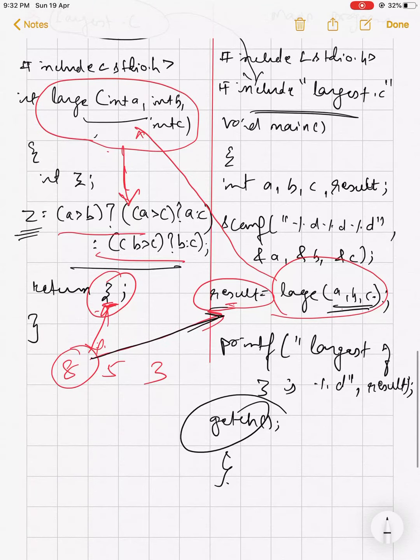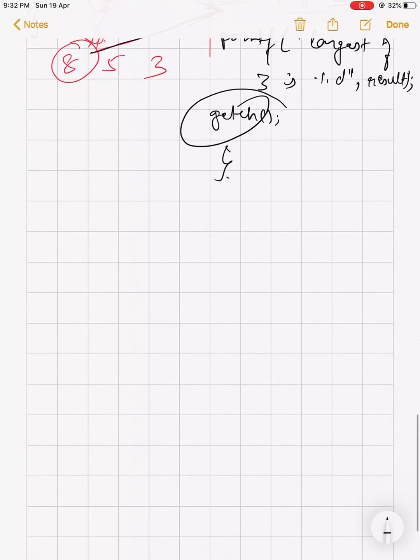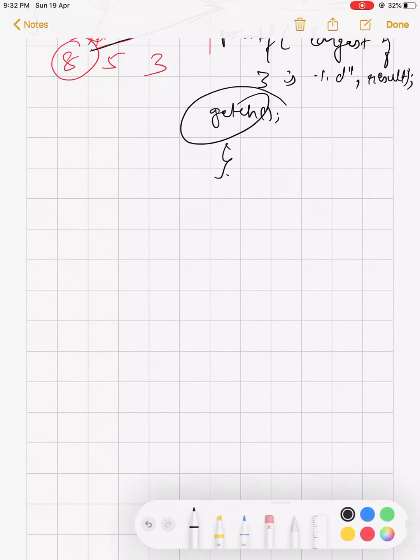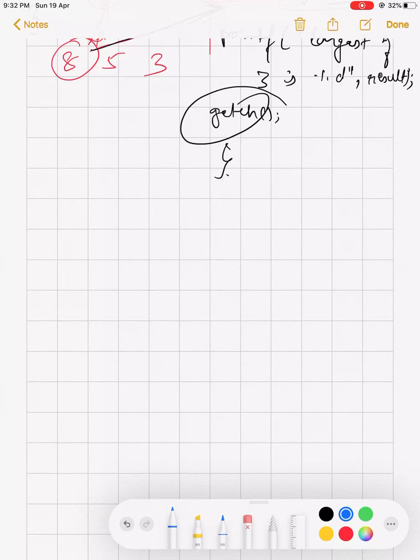Clear? In this way also you can do, no problem. And this is my logic. You can apply your logic as well, there is no problem at all. You are all now experts in C programming, I know that. So you can do it by yourself also. If you have some new logic, you can share it with some video or photograph. If you are facing some doubt, you can send it to my contact number. I hope you have those.